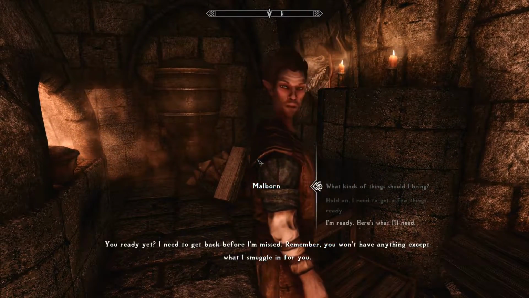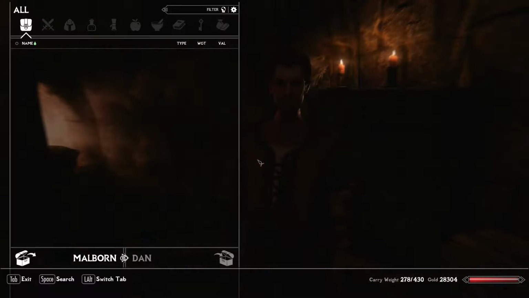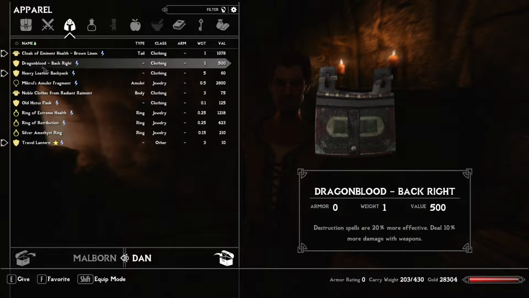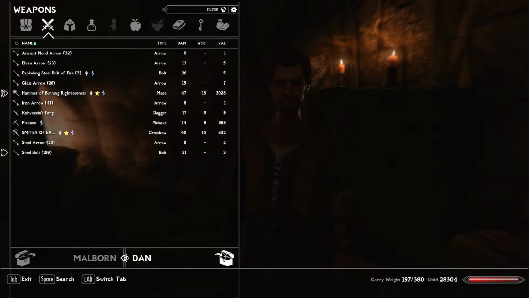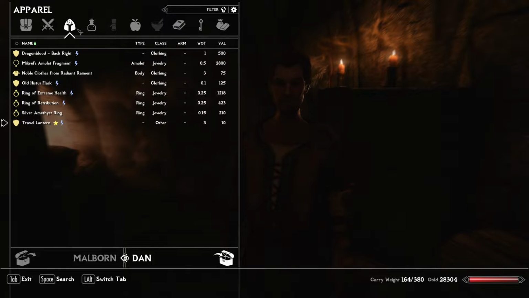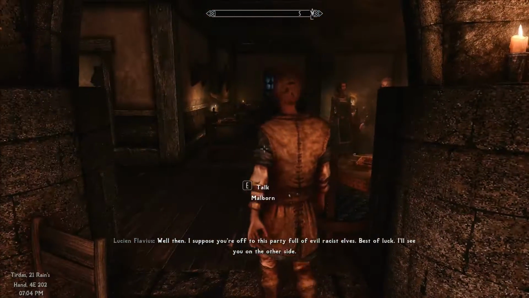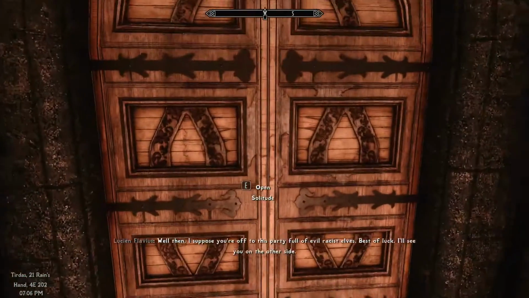You ready yet? I need to get back before I missed. Greetings, Letter. Remember, you won't have anything except what I smuggle in Are for you you. a member of the college? Okay, I'll get this inside the embassy for you. I've got to go. I'll find you at the party. Don't worry. Okay. Backpack. Hammer, Smiter of Evil. My bolts. No, not yet. Well, I suppose you're up to this party to get into the party without being fingered as a I spy. do suggest you... I'm have trying a not to get fingered. People are beginning to